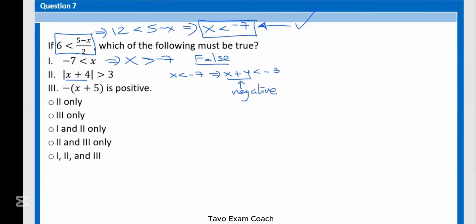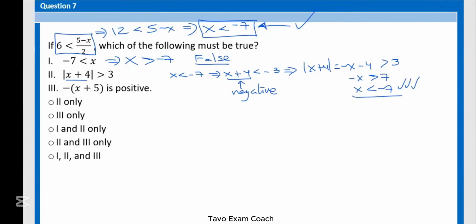Always. Because of that, we are opening the absolute value of x plus 4 as negative x minus 4. That is x plus 4 with the sign changed. Okay, and this would be greater than 3. Is that true? It is minus x greater than 7. But this is exactly x less than negative 7. This is always true. So the second statement, considering the restriction, is always true. It's just a different way to express the same truth.